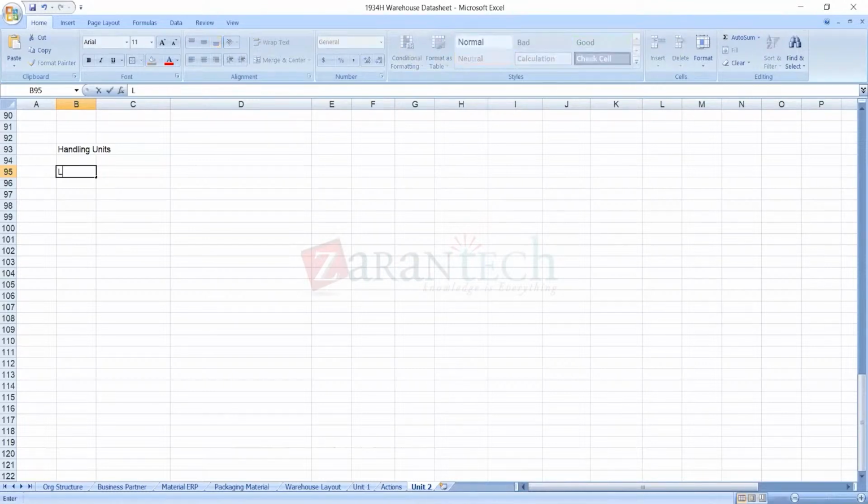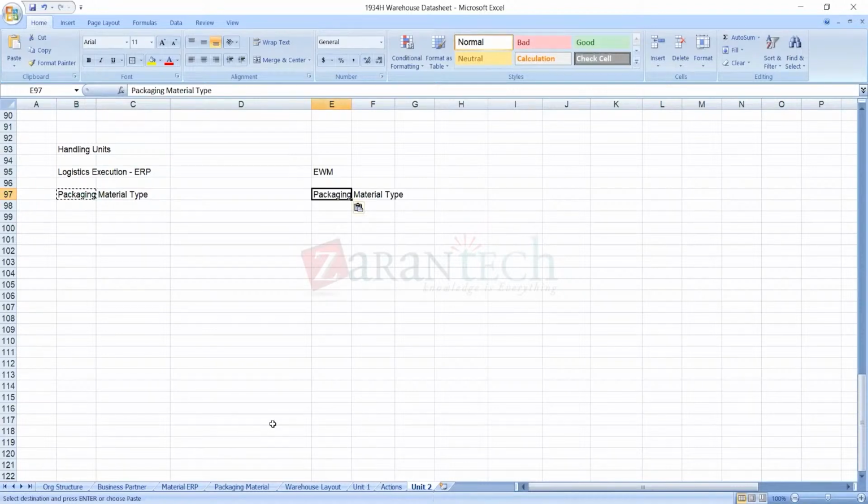So we have logistics execution or ERP, and then we have EWM. Here we create the packaging material type, and we spoke about how packaging material type is important for number ranges. This packaging material type config is used